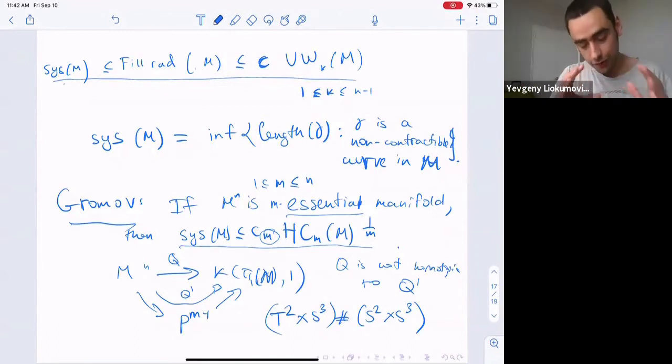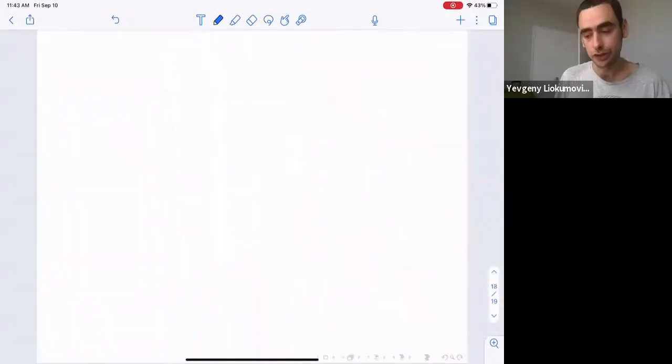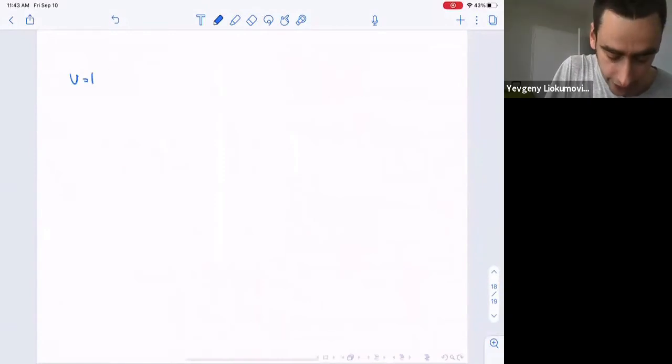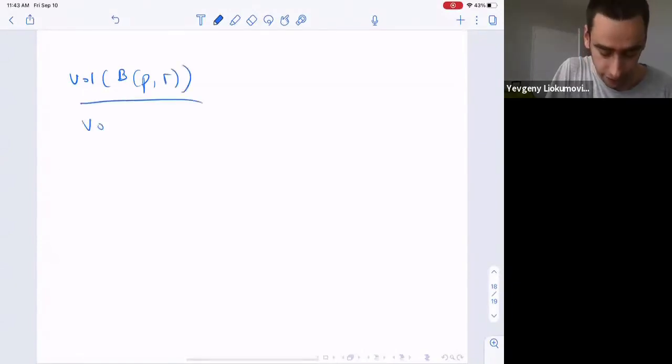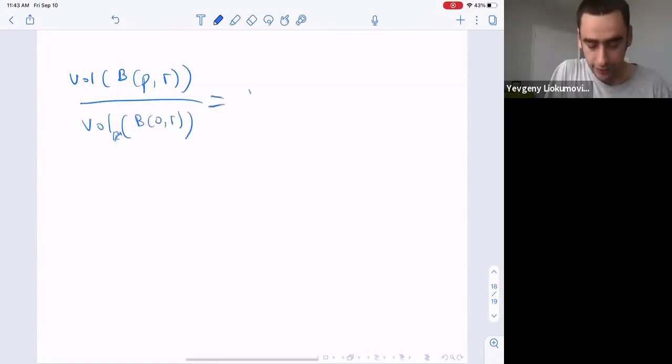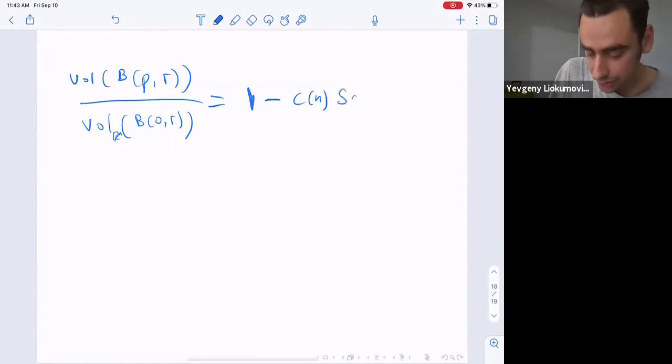And this reminds people of a positive lower bound for scalar curvature, because if you write in the Riemannian manifold the volume of a ball of radius r, and you divide it by the Euclidean volume of the same radius, then the first term is 1, and then you get a term which is minus a constant times the scalar curvature at that point p times